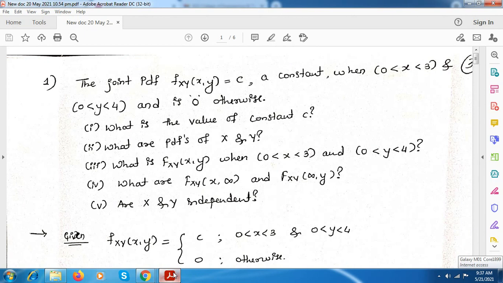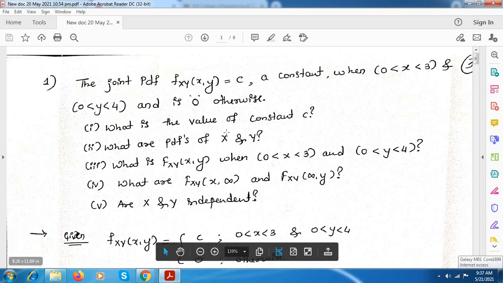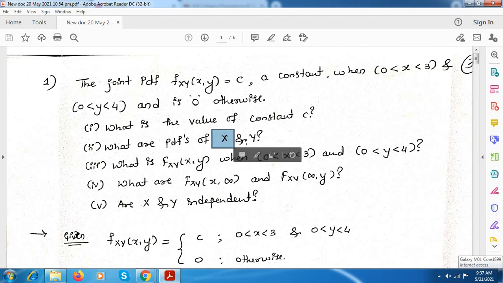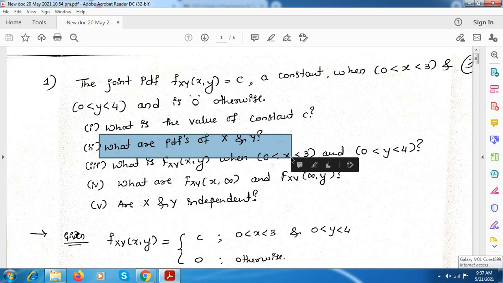Yes, ma'am. Okay. So I had given you the assignment for this numerical. What answer did you get for fX(x)? Have you solved that? What value have you got for fX(x)? Anyone? Has anyone solved it?